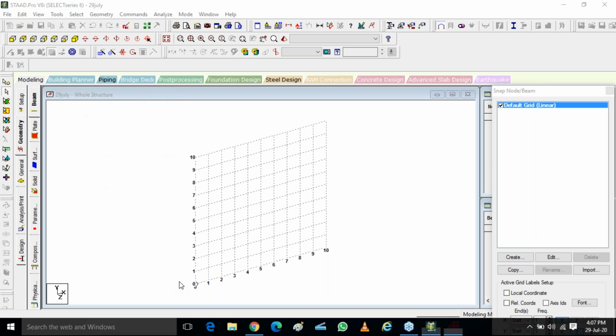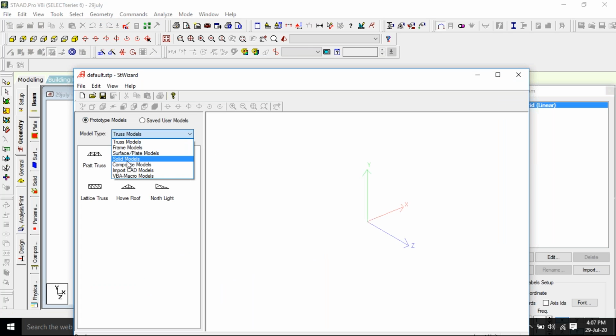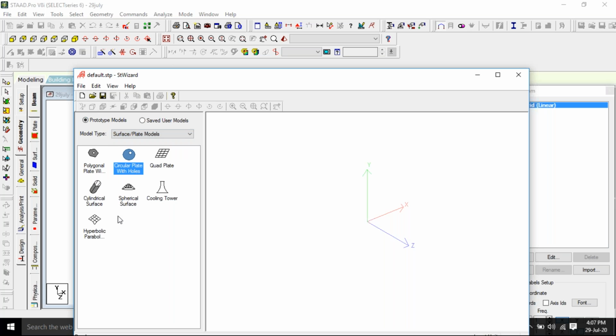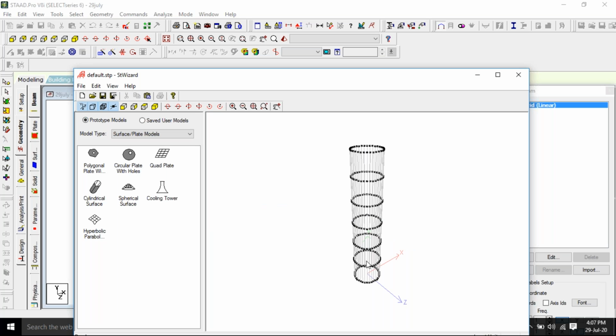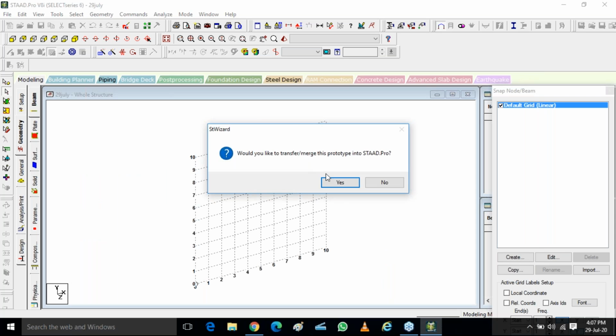Second, if you go to your structure wizard, there is an option of surface model of cylindrical. Can you see this? In this cylindrical surface, you just decide where you want to go. If you want to keep it in a horizontal place like this, you keep this as 1. If you want it vertical upwards, you keep this coordinate at 1, and then apply. It is vertical upwards. Now using these coordinates, you have to create a staircase.